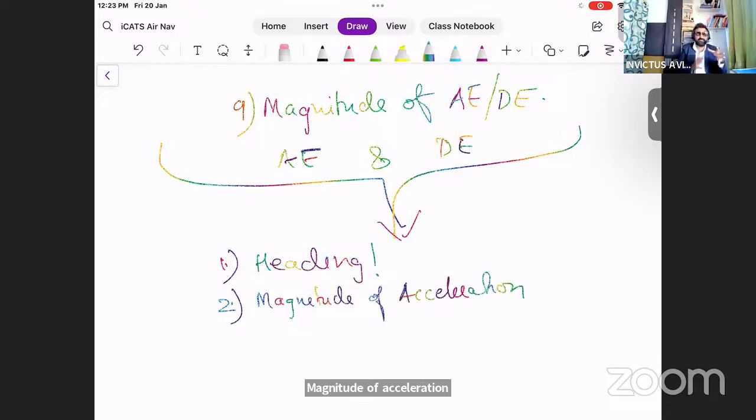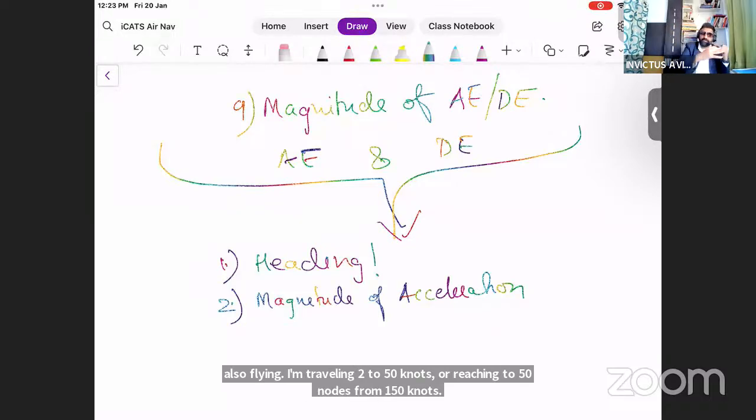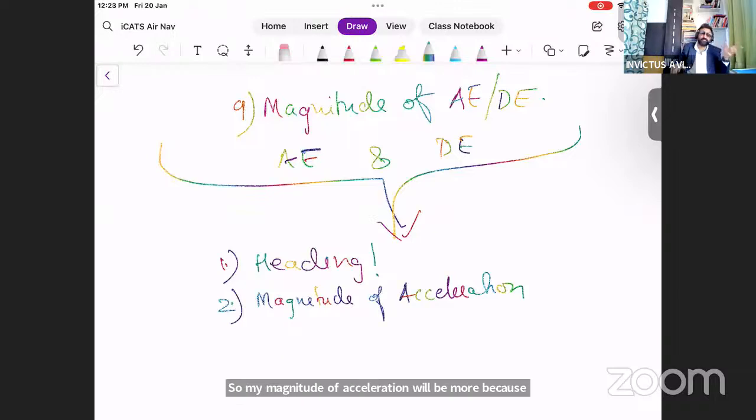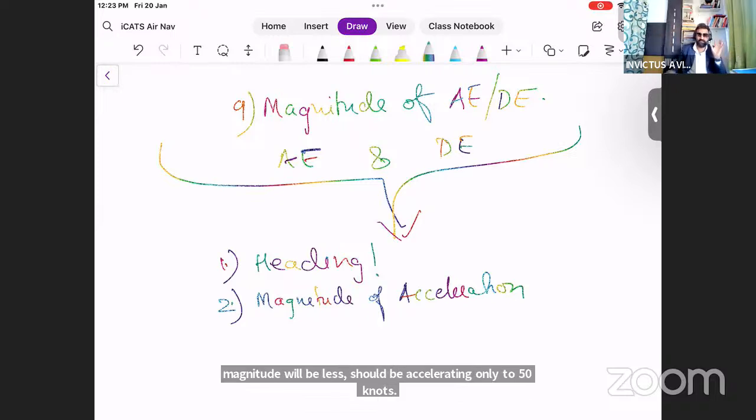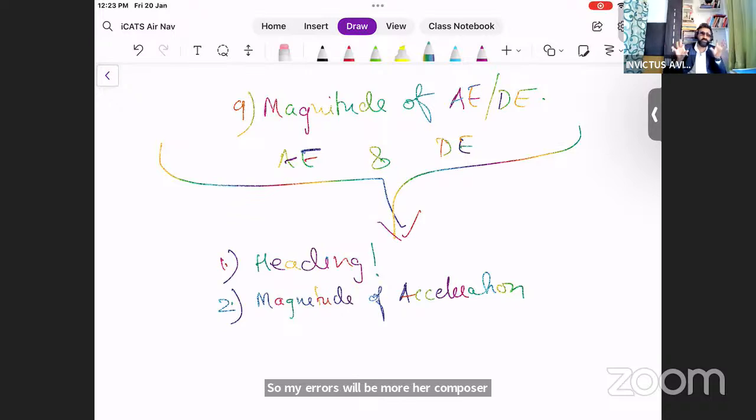If acceleration is less, the error will be less. If acceleration is more, error will be more. Let's compare a pilot flying from 200 knots to 250 knots, let's say Suchita is doing that. And let's compare that I'm also flying, reaching 250 knots from 150 knots. So my magnitude of acceleration will be more because I have to accelerate through 100 knots, while Suchita's magnitude will be less. She'll be accelerating only 50 knots. So my errors will be more, her compass error will be less, provided we are on the same heading, same